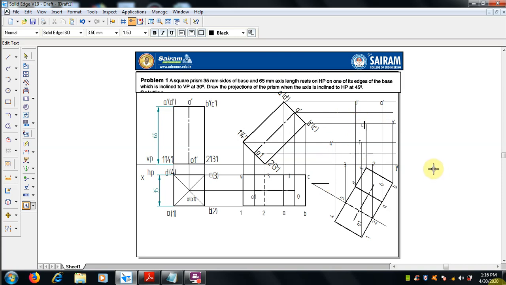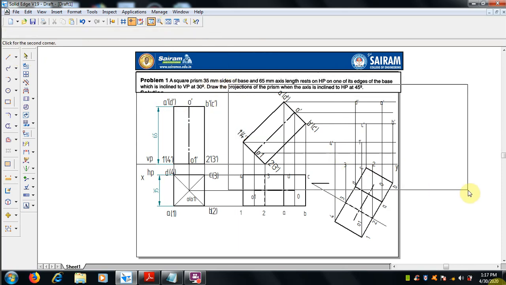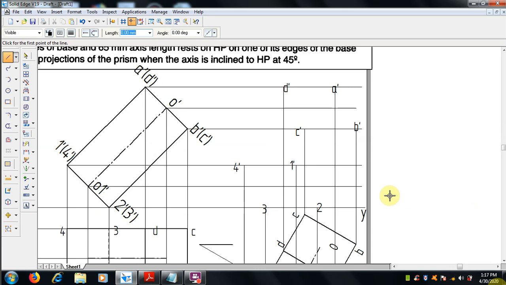So now we have to draw the top view by covering the boundary totally. Let me select a 0.5 mm thickness and zoom in on the total. After tilting the position with inclination to VP, what is visible, how it can be viewed. So now this is the front view, so this is 3 dash, and this is 2 dash.